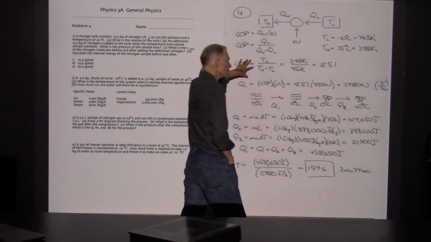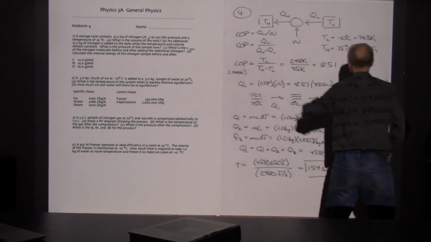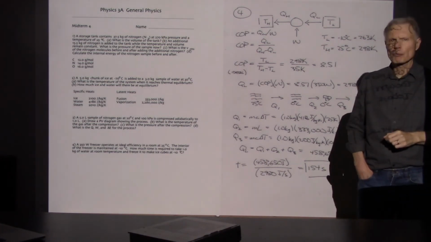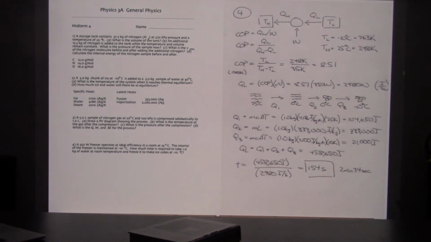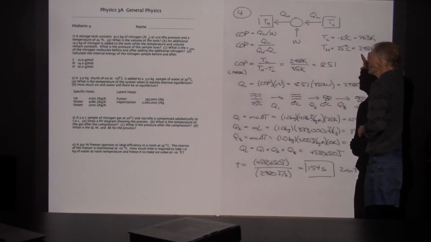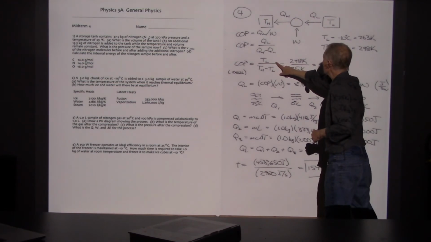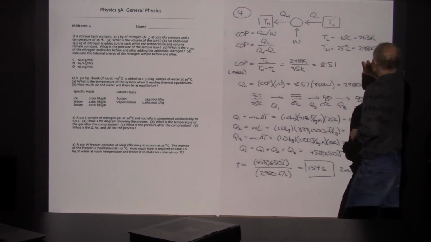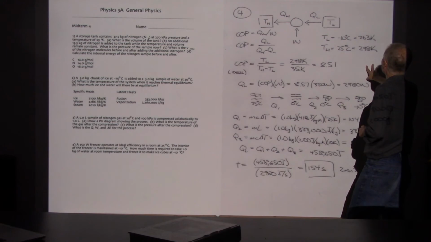Now these have got to be absolute temperatures, and again, I'm not very sympathetic if you come up and say, well, I used Celsius instead of Kelvin. How important could that have been? It was really important. So make sure that you're getting the temperature conversions that you need. Now the TL, the temperature within the freezer,